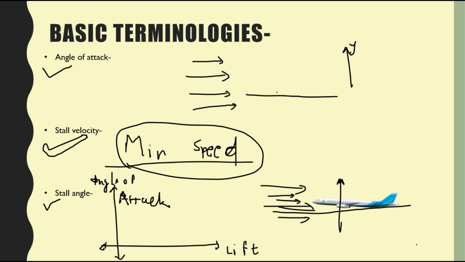So if I want to plot the graph of lift versus angle of attack, then as the angle of attack increases, lift is going to increase first, and after that, as the angle of attack keeps increasing, the lift is going to decrease. So this is how the graph is going to be. I'll draw with another pen. As the angle of attack increases, first the lift will increase, and after that the lift is going to decrease. So this is how the procedure is going to be.